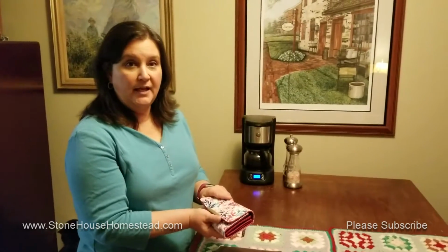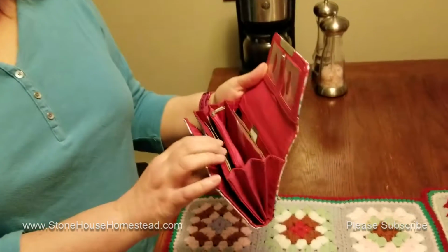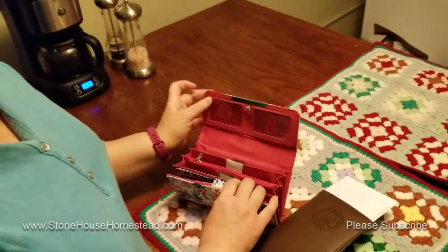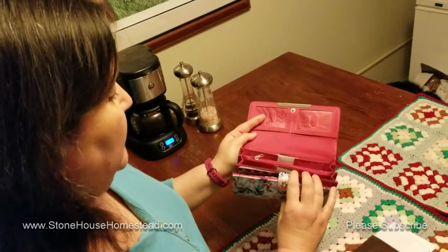Then I take what I know I'm going to need for the week and I move it over to my wallet. I got this wallet at Marshall's, one of my new favorite stores. They have brand names for less, and they really, really do. And I made my own little categories. It's already divided up into